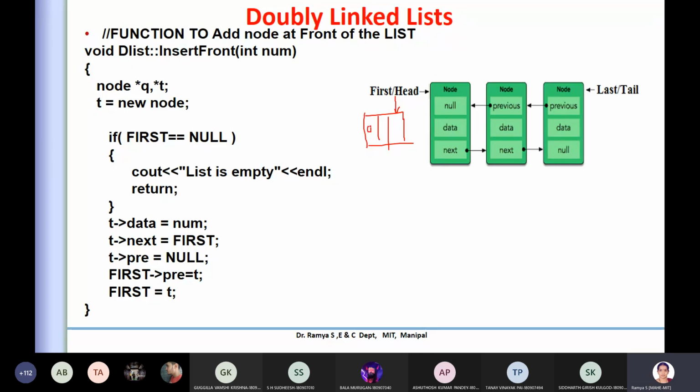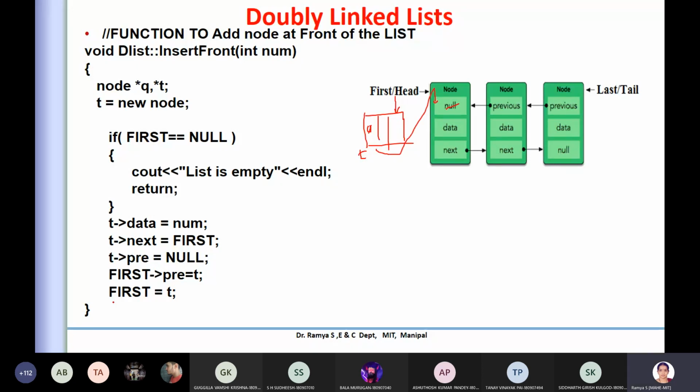So null is inserted here, and remember I have to now remove this null because I have one more previous element here, okay. So that is what you're doing here. This still is a pointer. So first, previous, that is here. This element, now instead of null, I'll be storing the address of t. T is nothing but this node, the total node of this. So this address, say for example 1000 or whatever the value, is stored here. So the address of this is stored here, okay. That is what you're trying to do, okay.